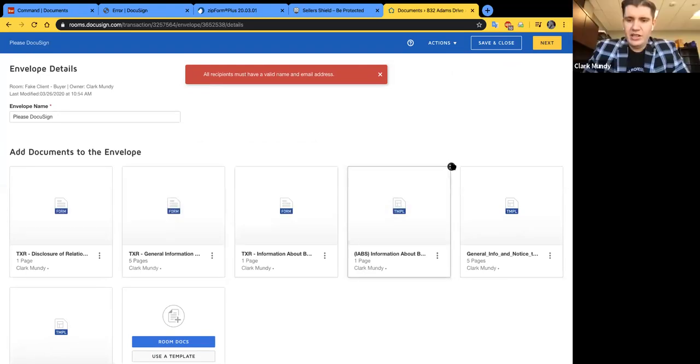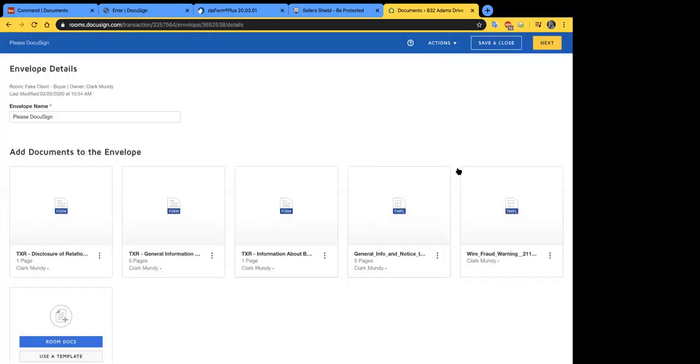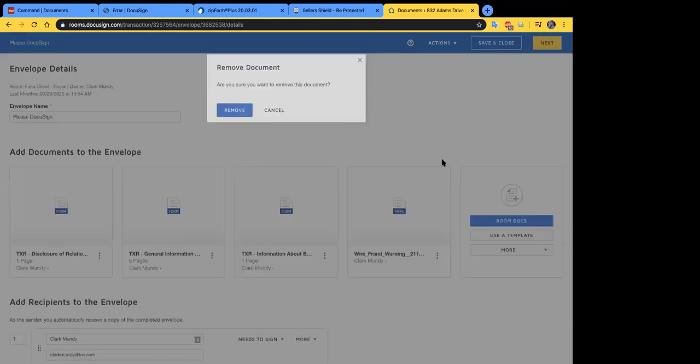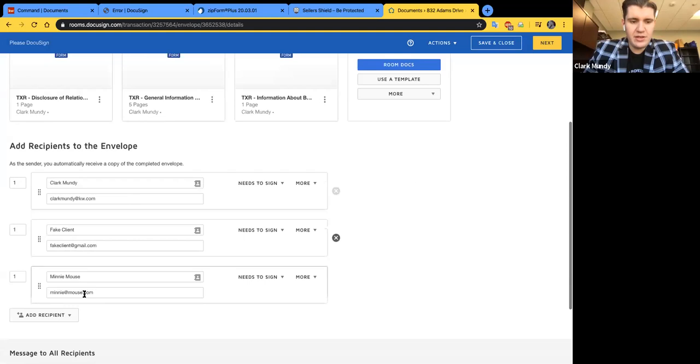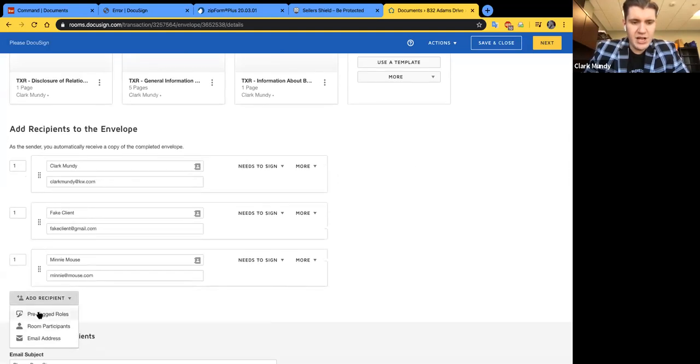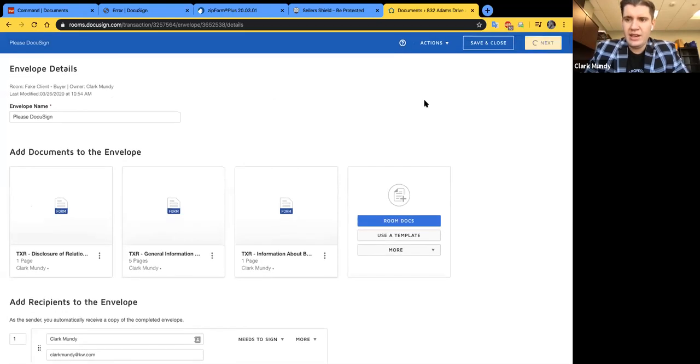So I'm going to go ahead and delete these templates because we've played around enough with those today. But just to show y'all real quick, if you did just adding from room participants as a recipient, so instead of pre-tagged roles for templates, room participants for non-templates, and you hit next,